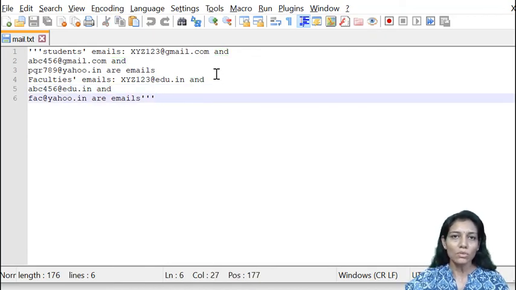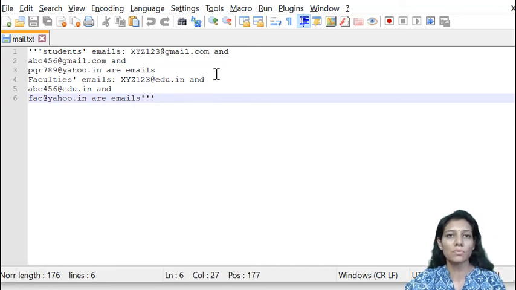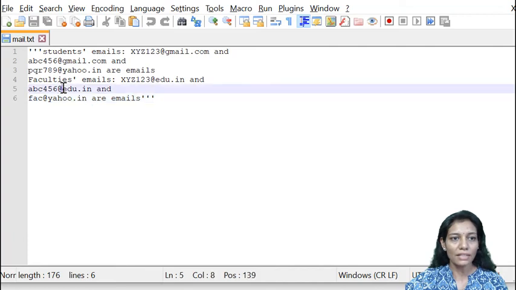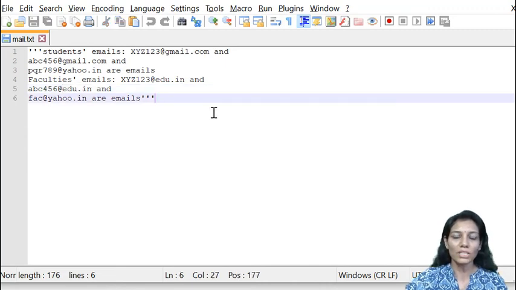So you need a regular expression based on the awareness that @ appears in the email ID along with some non-white space characters. Based on this knowledge, if we write the regular expression properly, we can extract the email IDs from this text file.